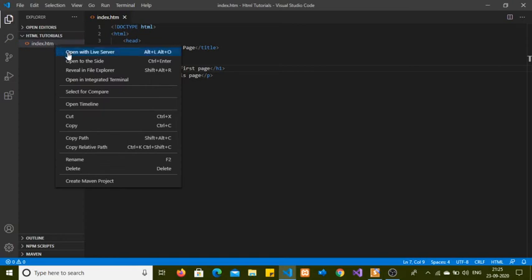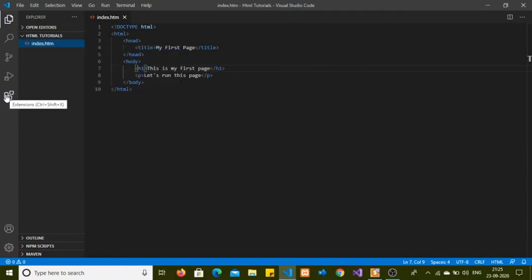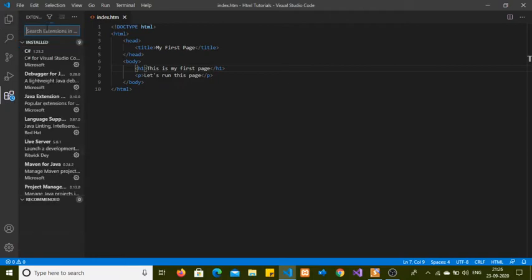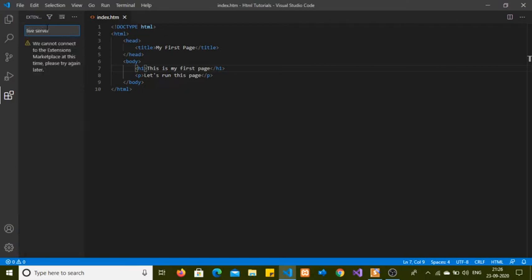I installed the live server in Visual Studio Code. You may go here and search in the extension section for live server.